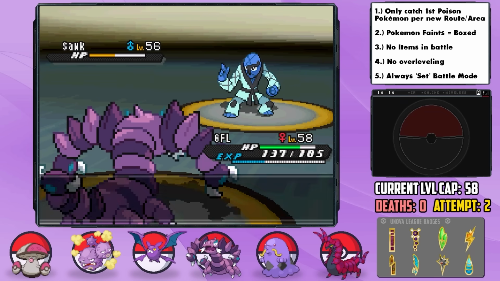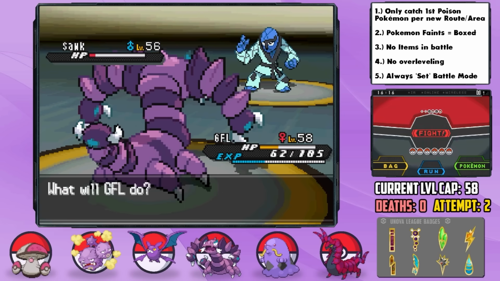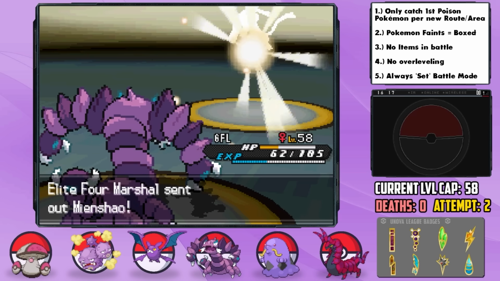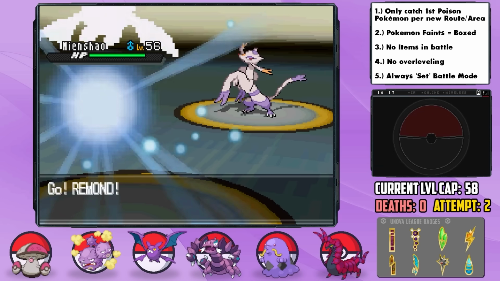Rock Slide does not much, then Dig barely doesn't KO. We tank the next Brick Break though, and can land the final blow with X-Scissor. His final Pokemon is Mienshao, and boy is our team ever hurt at the moment, but I go into Remond